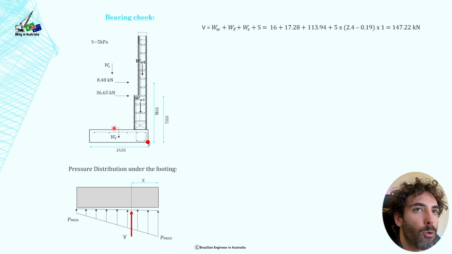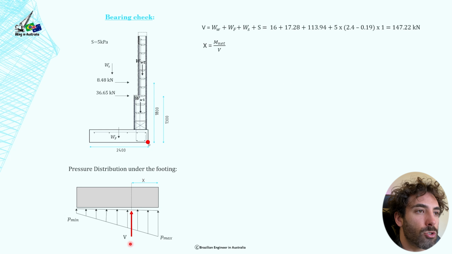Okay, so we are pretty much accounting for a surcharge that is the same area of the soil above the footing. That's going to give us 147.22 kilonewtons,